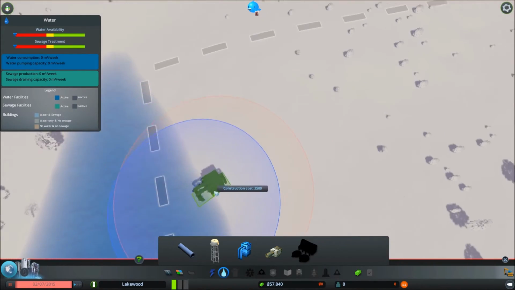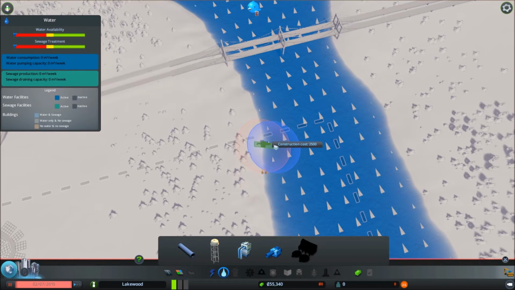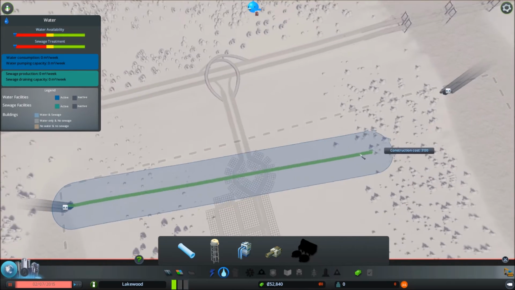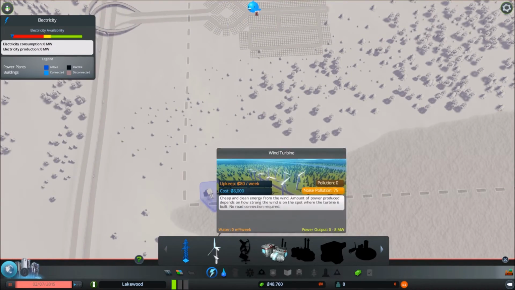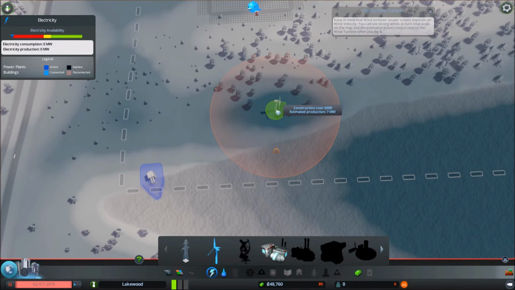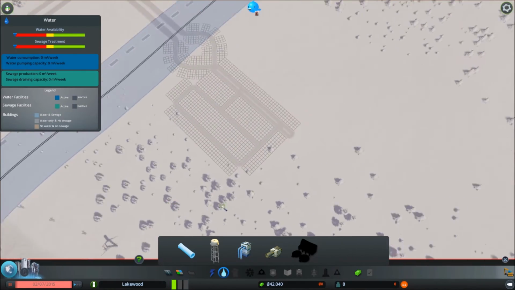But we're going to need to put our water intake over here for right now, and we're going to put our water outtake over here. And we're going to do what I like to do almost every time with my water, is get them hooked together, chuck a windmill. Okay, so I've got like one little itty bitty location here for wind. Chuck a wind turbine, my apologies, in,